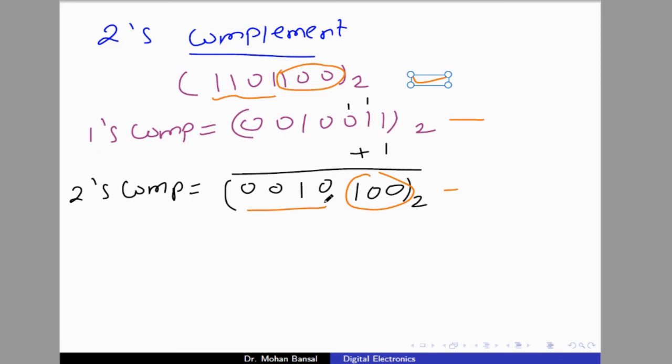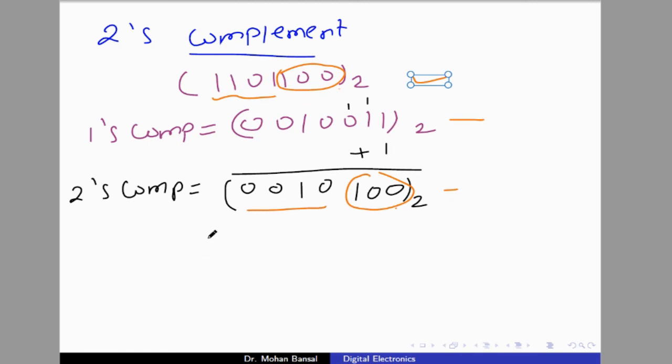So what is the meaning here? In the 2's complement, we leave all the least significant zeros as they are, and the first 1 as it is. All the least significant zeros, here one zero is here, so it stays the same, and the first one stays the same. And the bits to the left, the more significant bits, will be complemented once. So 1 will be complemented to 0, 0 is complemented to 1.